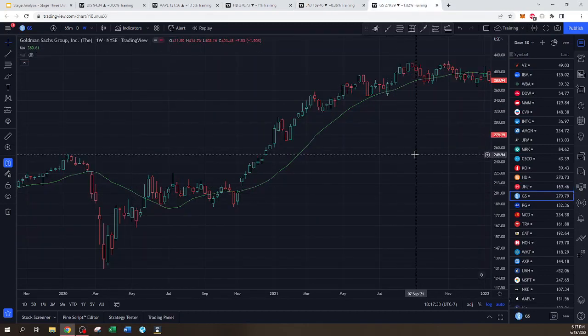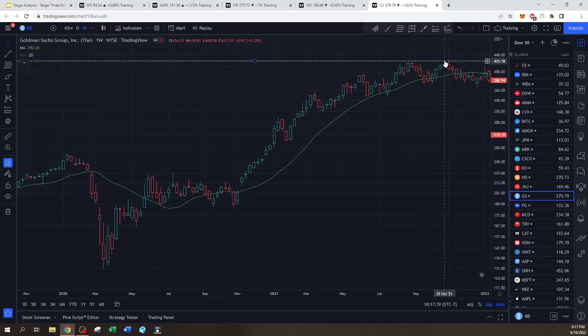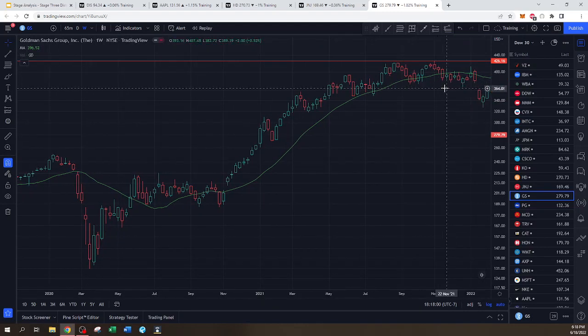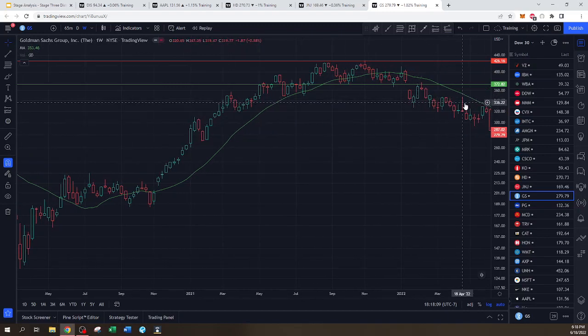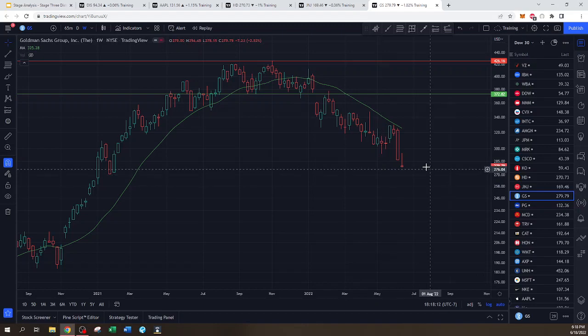And then finally, we have Goldman Sachs. This is actually a very recent chart. It put in our Stage 3 top, or our Stage 2 top, let's say, or the final top came in November of '21. And this whole time, price has kind of just been barely creeping higher. The slope has dramatically gotten more parallel to the x-axis. It's starting to go to 0. And then as we continue along, we'll say this is our Stage 3 support right here. And then we get this gap down, we get a retest of support, and then it's off to the races to the downside. And that's where we're kind of sitting right now with Goldman Sachs in that Stage 4 decline.